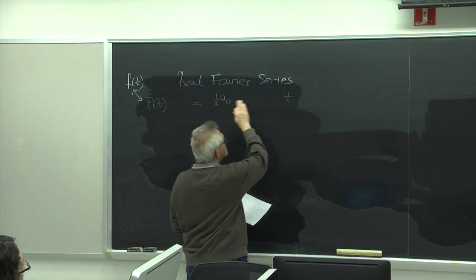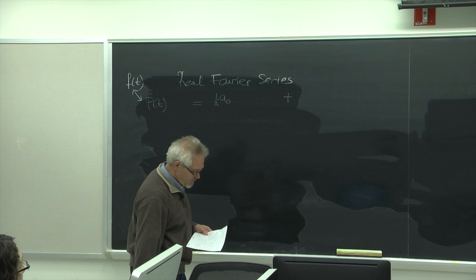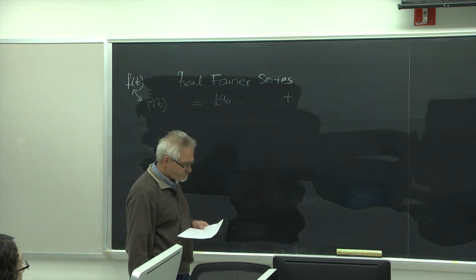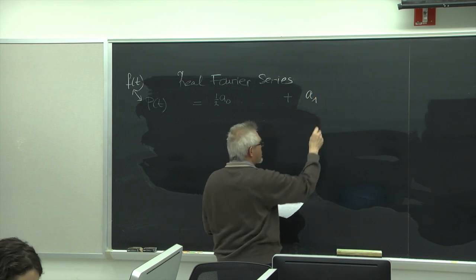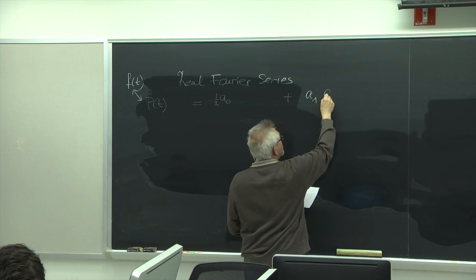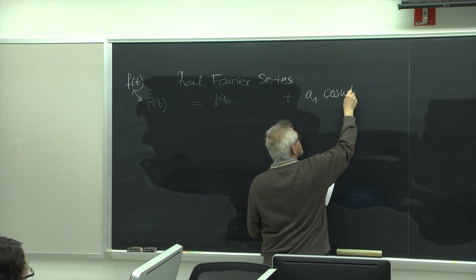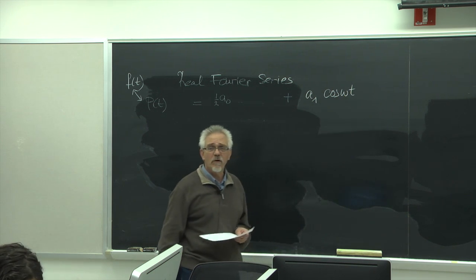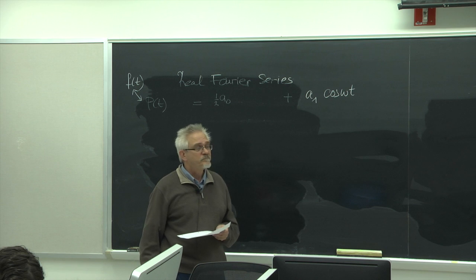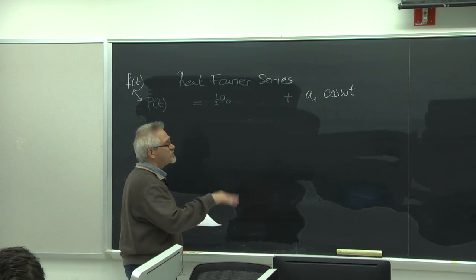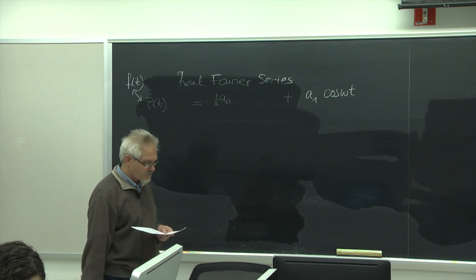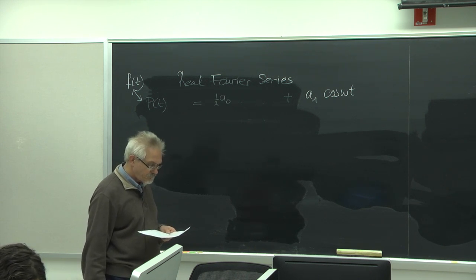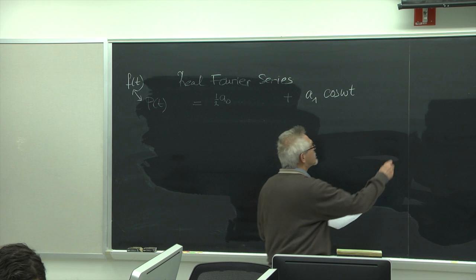I am writing this a bit wide on purpose, but you don't have to do that. Then there is the next coefficient, the base frequency, a1 cosine omega t. So we have a constant plus some cosine wave, plus